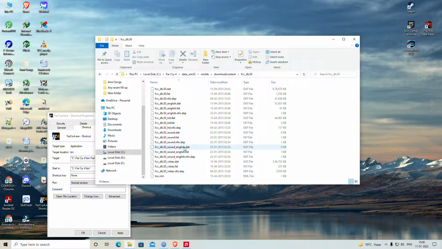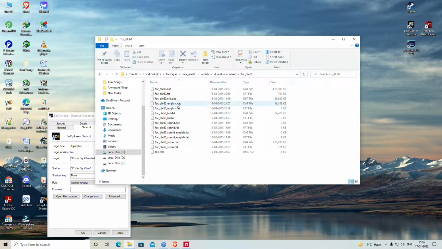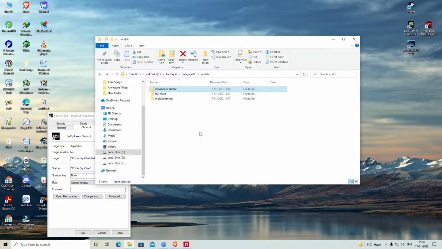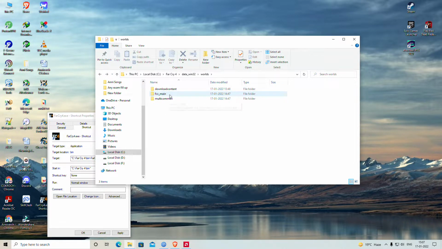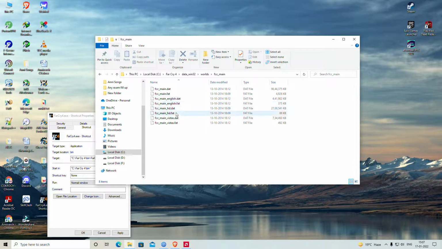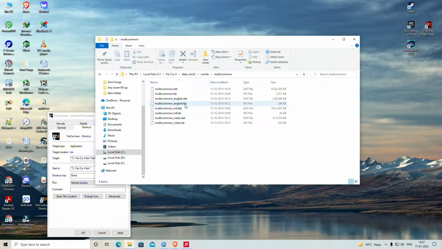Okay, whichever file you will see Russia, you will have to change into English. You have to change here also into English, this folder also. So basically inside all this download content folder, in each file you have to change Russia into English or else Hindi into English. Okay, after that you will go to FCC main. Here also you need to change into English. You will be seeing Russia, Hindi, so you need to change this one into English. And multi-command too, you have to change this into English,